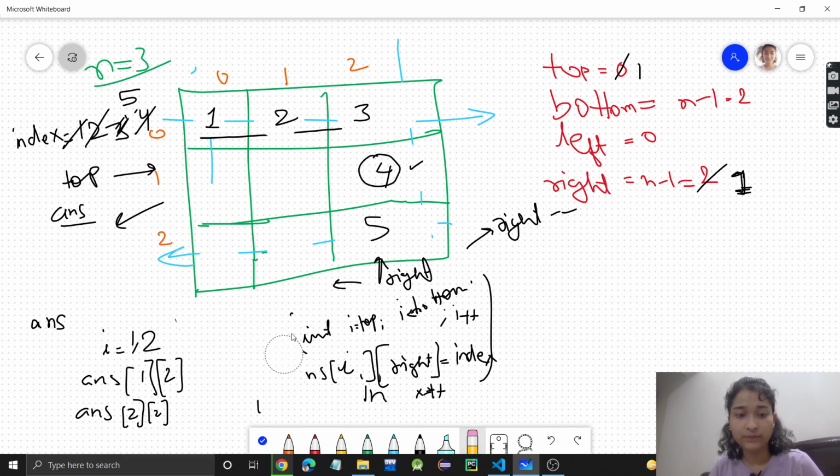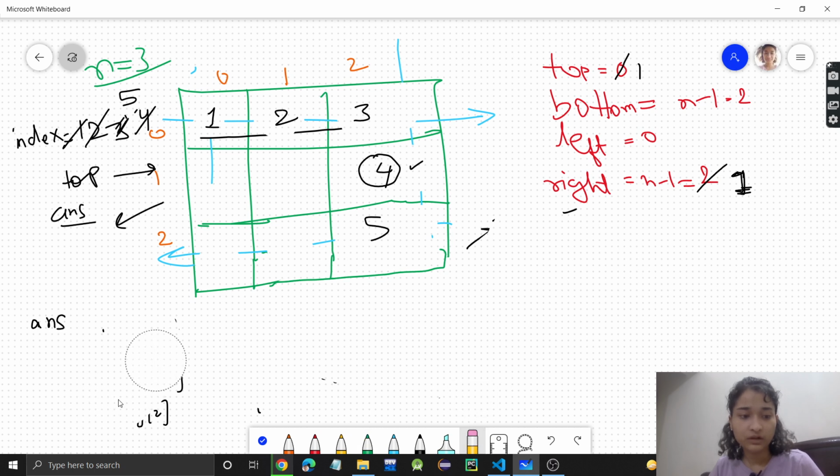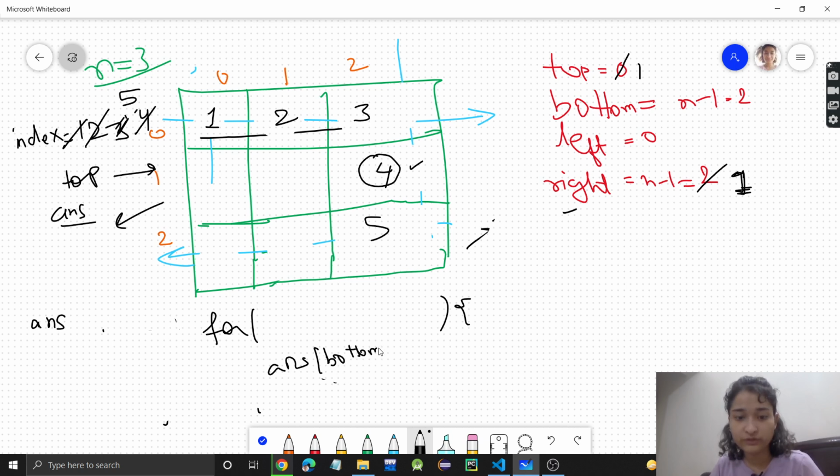Okay. So now see what will happen again. Now we have to fill the last row. This last row, obviously, here the last row is fixed, and the columns will change, right? Columns will change. So it will be a for loop for something here. The answer of i, and see, the row is fixed, which is the bottom row. So the bottom row will be fixed, and the column will change. Here I will store index, and I'll do index plus plus every time. So here right now it's 6.